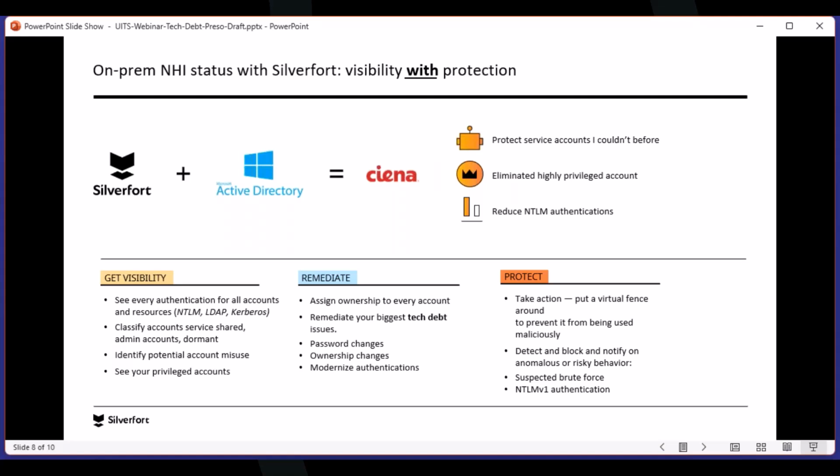Or if you're not comfortable with taking the actual deny login action, you can create a notification that says someone is trying to log in to this machine, or via this policy to a different resource. It shouldn't be logging in there, and you can investigate, right? So if you're not comfortable with the deny action, you can also do a notify action. And this really helps to prevent them from being used maliciously, especially in the cases where you can't remediate the tech debt immediately and you have to do something like a compensating control. Now, I would also recommend doing this for anything that you see with predictable login. Right, it just helps to decrease the attack surface and the blast radius for all of these types of accounts.